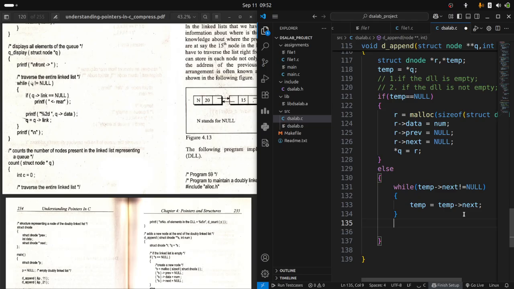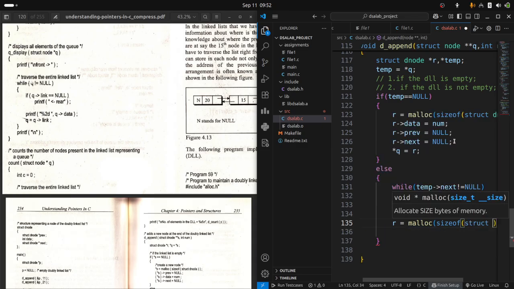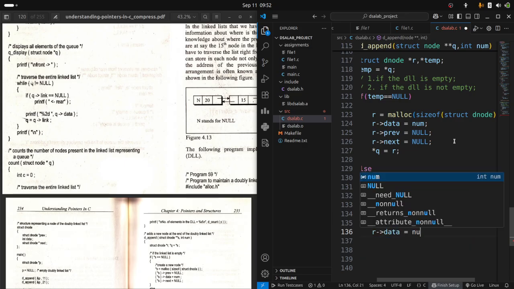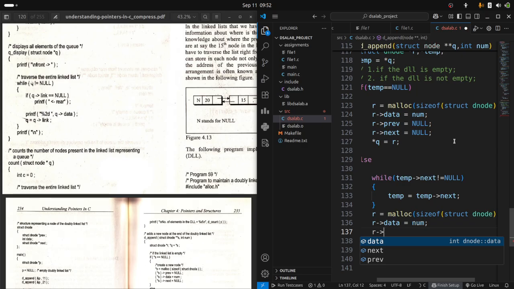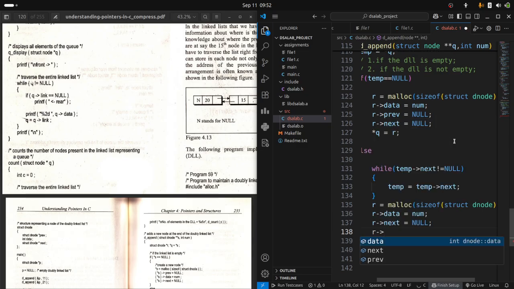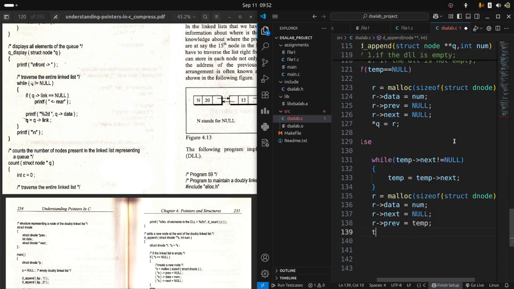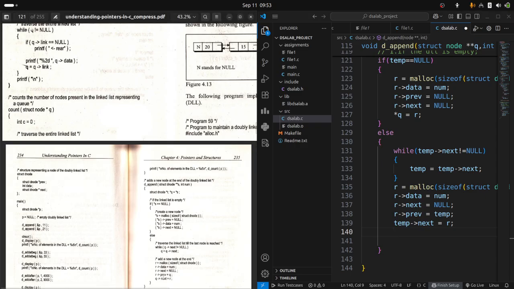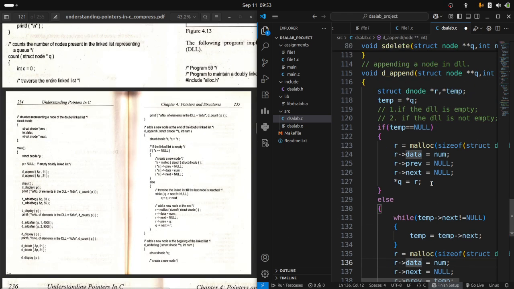Now temp is pointing to the end. And there will be two pointers, yes. Temp dot next equals to q and then fine. This was appending at the end of